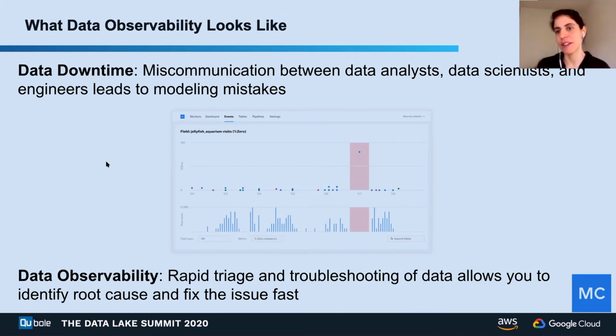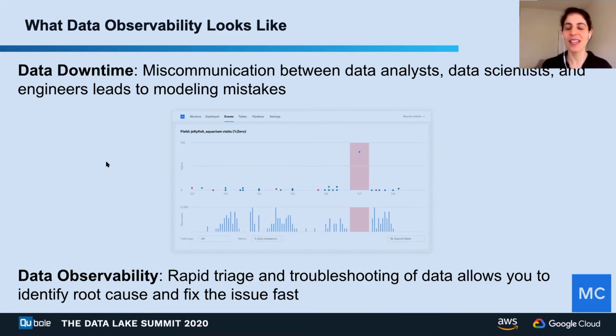But just to walk through another example here, we talked a little bit about miscommunication. Oftentimes, when there's a data downtime problem, there are many people involved. It could be the data engineer, the product analyst, the data scientist, all of the personas that we talked about earlier. Miscommunication also has a big impact on data teams. There's a lot of back and forth about who's actually responsible for this problem, who's owning the fix. Is it engineering?